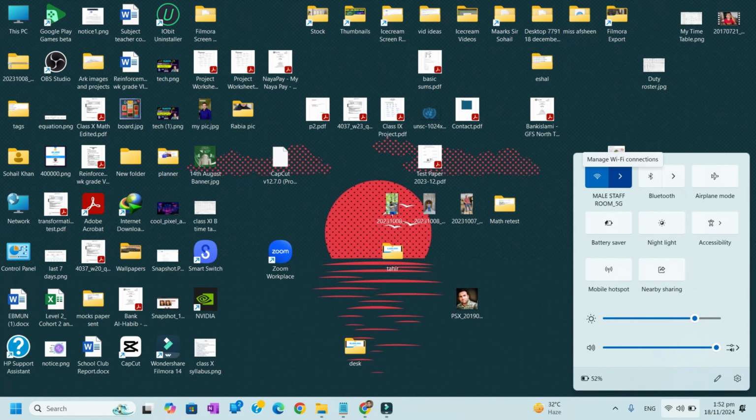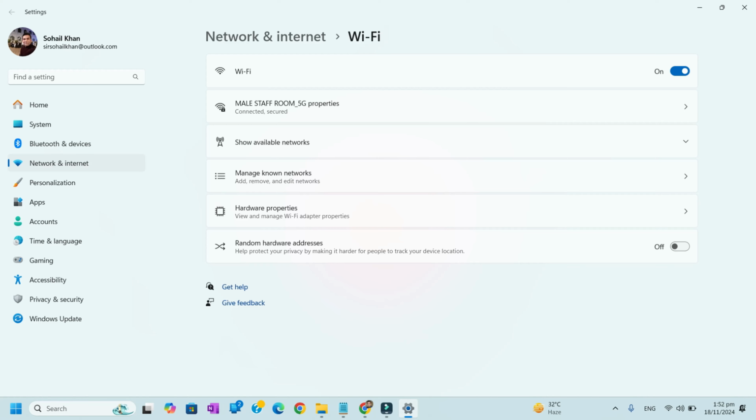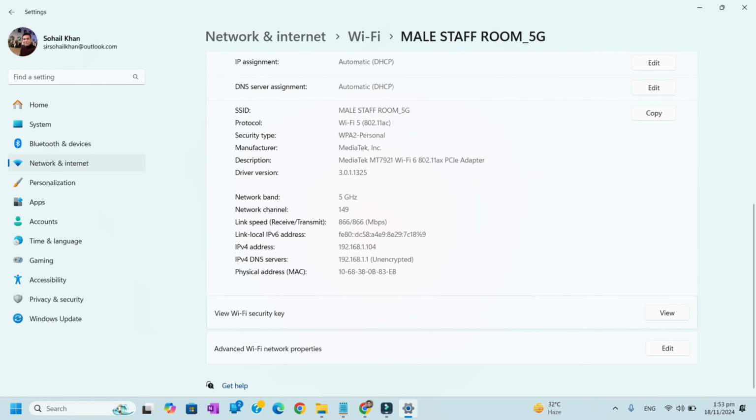Then you can click on this Wi-Fi symbol again, and then down here you have More Wi-Fi settings. So click on this. After clicking this, you can see the Wi-Fi on which you are connected will be displayed here. So just click here again, and you need to scroll all the way down,